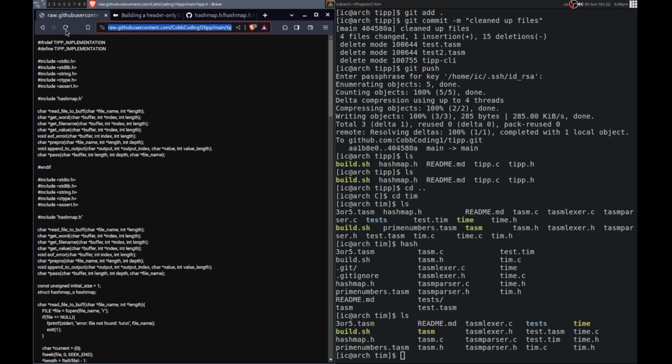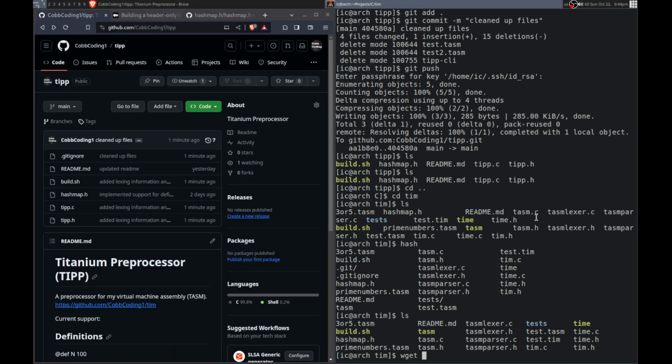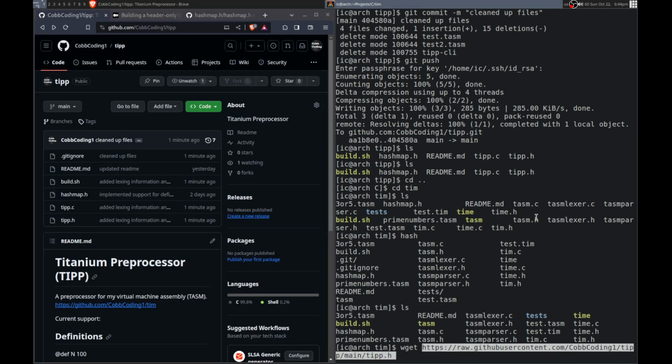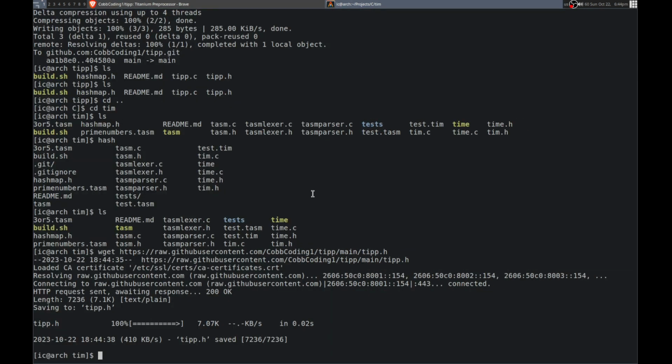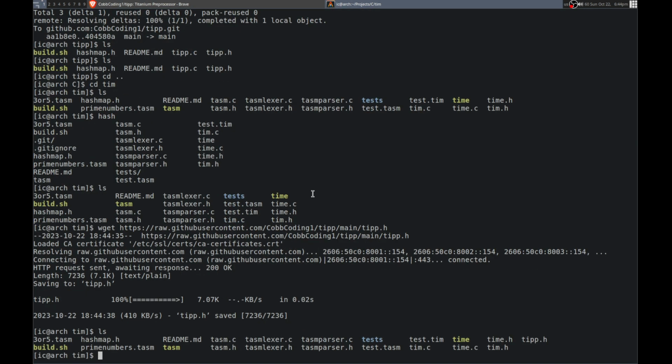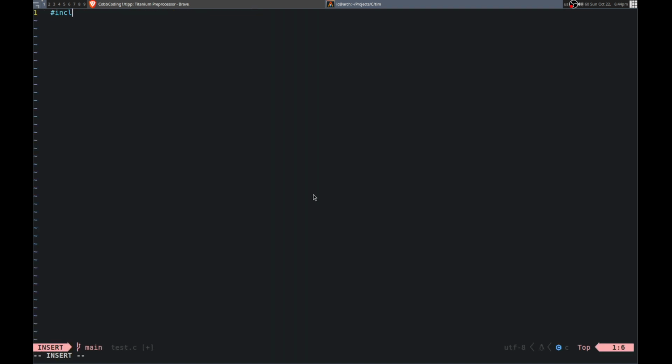And yeah, so then let's grab that. And there we go, tip.h. So now just make test.c file really quick and then include tip.h in main, and we'll do